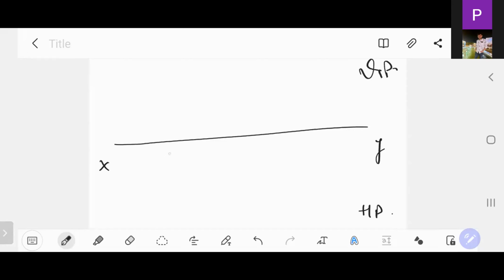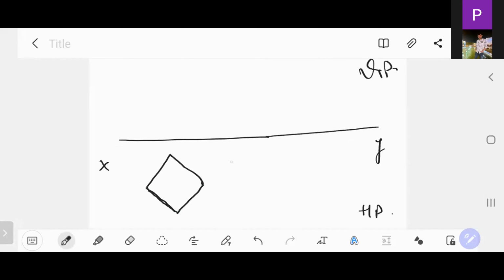So this is the equally inclined. This is the top view of the square prism, and in this position only it is going to be inclined at 45 degree to all sides.